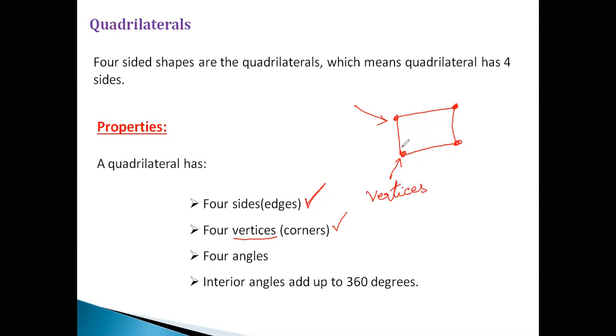It has 4 angles, because we have 4 sides. Whenever 2 sides connect, it forms an angle. The important thing is that the sum of the interior angles always adds up to 360 degrees. These are the general properties of quadrilaterals. As you go to a specific type, it includes more, but these are the 4 basic properties. I hope you are able to follow me. So now, what are the types of